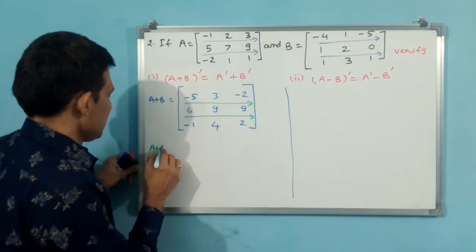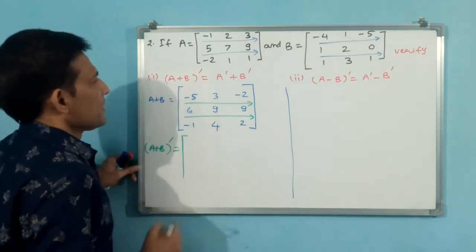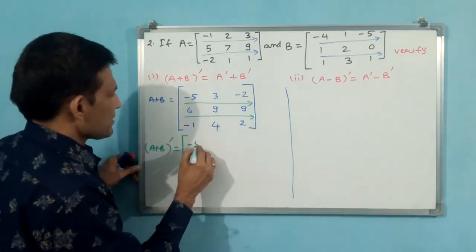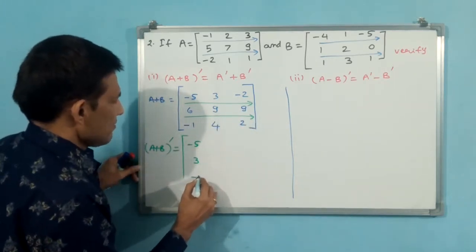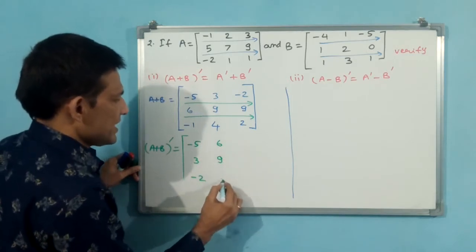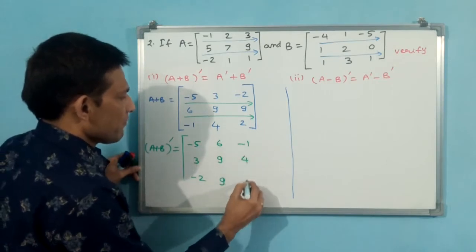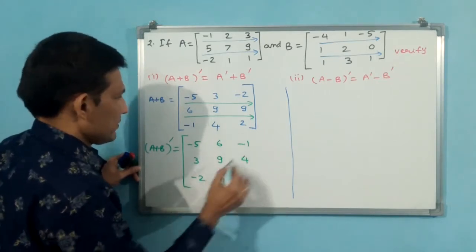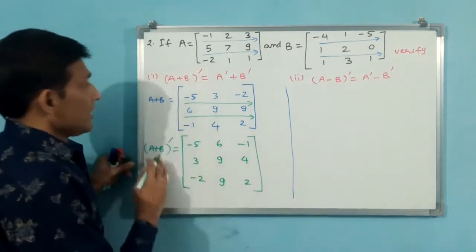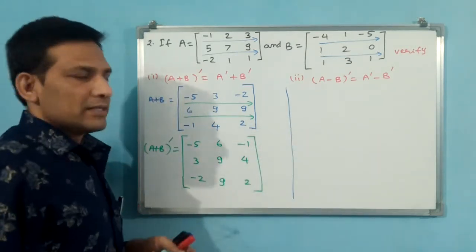A plus B whole transpose is equal to. Okay. Now this row should become column. -5, 3, -2. Second row should become second column. 6, 9, 9. Third row should become third column. -1, 4, 2. Okay. This will be final LHS. A plus B whole transpose. Let us go for